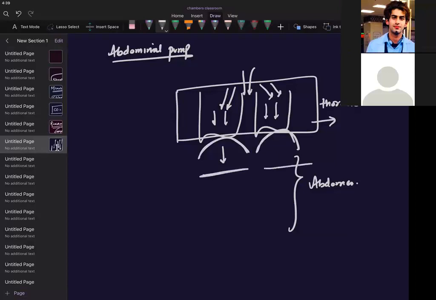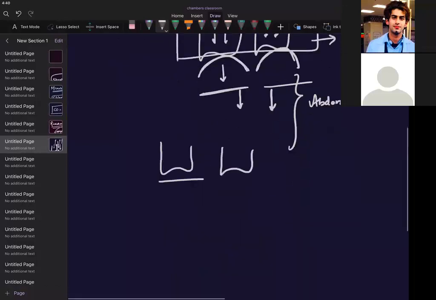Now if I flatten the diaphragm, what will happen? The basal regions of the lung will also become flat. You will be giving more place to the basal regions of the lungs so that they can take more air, exchange more air, and accommodate that air. So what will happen to abdominal pressure? Definitely intra-abdominal pressure will increase.